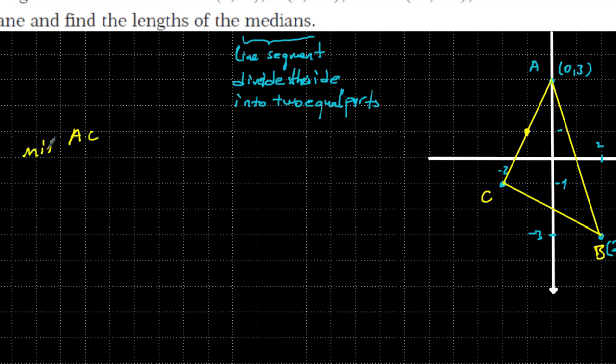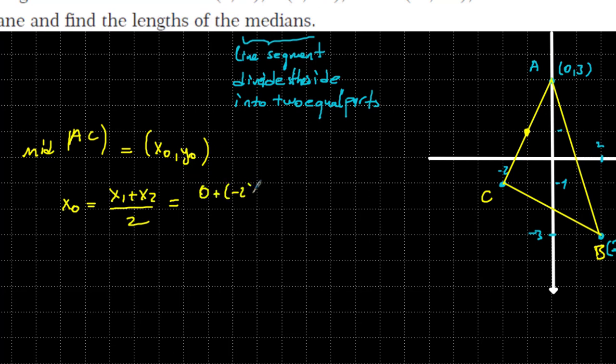Midpoint of AC. We are going to find it like this. Let's say x0 and y0 for this one, and x0 is equal to x1 plus x2 over 2, which in this case is AC. For AC we are talking 0 plus minus 2 over 2, which is equal to minus 1 here, and y0 is equal to y1 plus y2 over 2, which is equal to